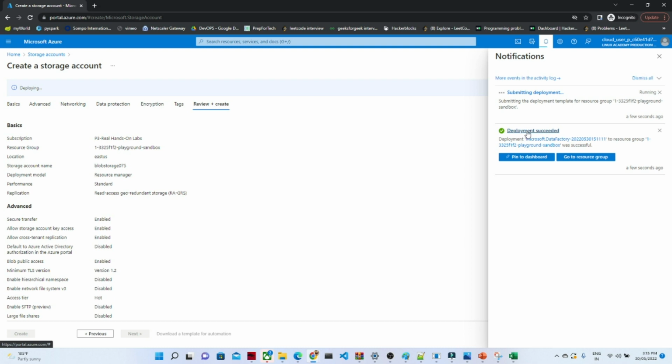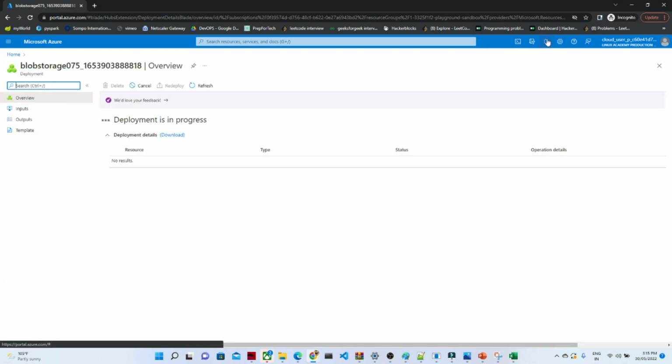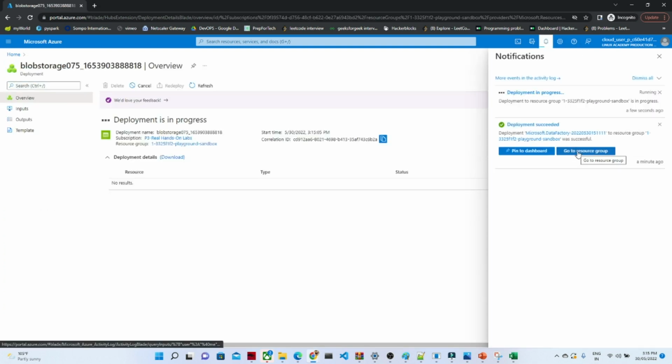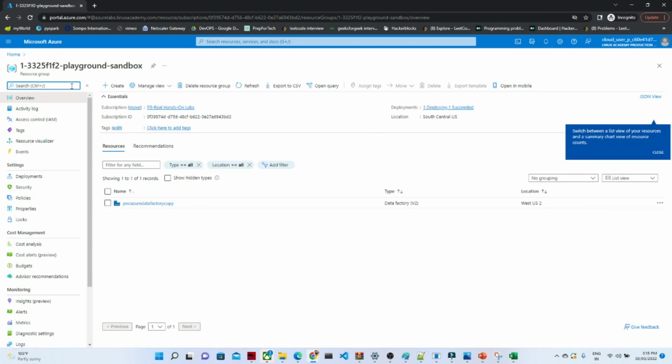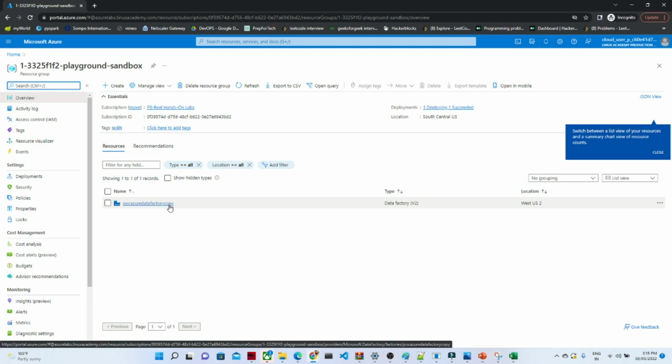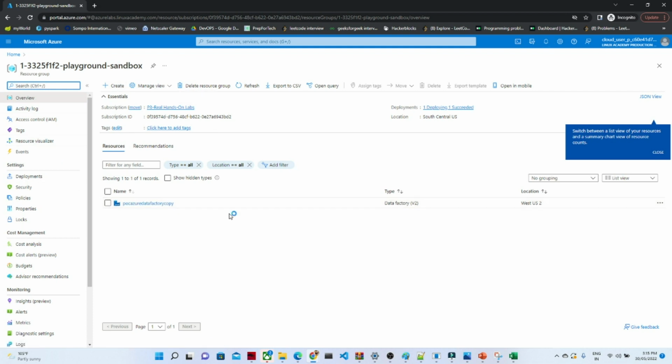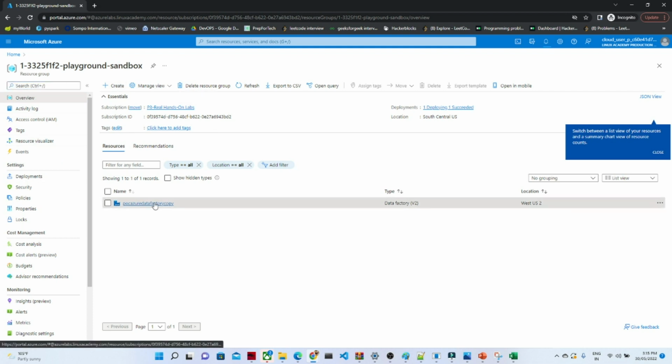Till then, what we will do, we will see how, actually, go to the resource group. So this is nothing but your Azure Data Factory. You can see the POC Azure Data Factory copy which we have created. Okay. So this is nothing but your Azure Data Factory which we have created. If I click here,